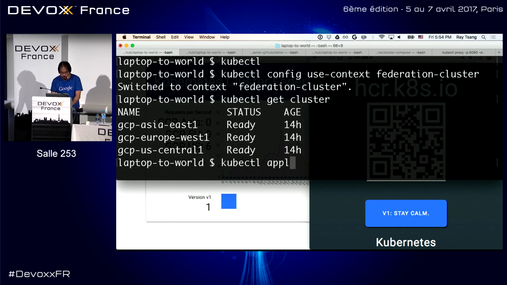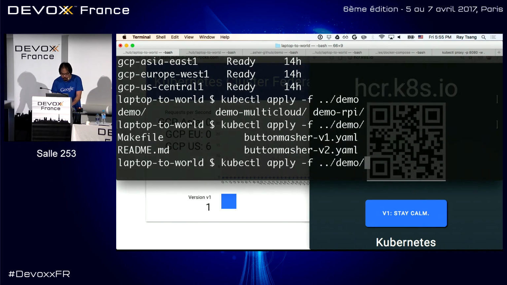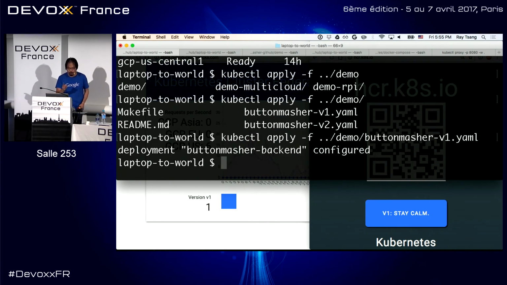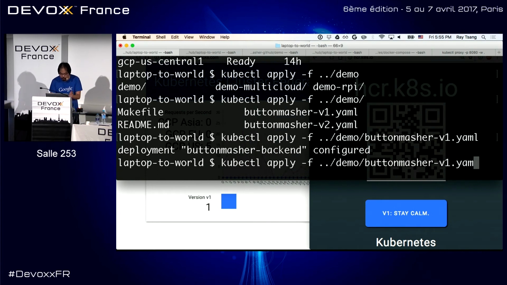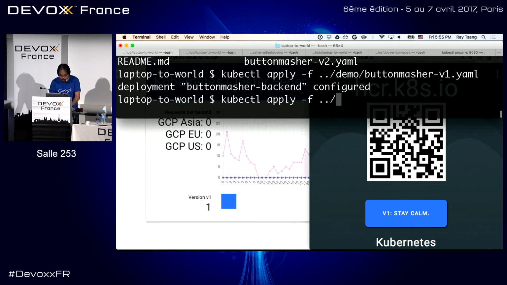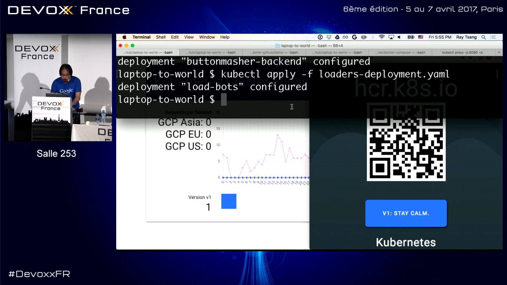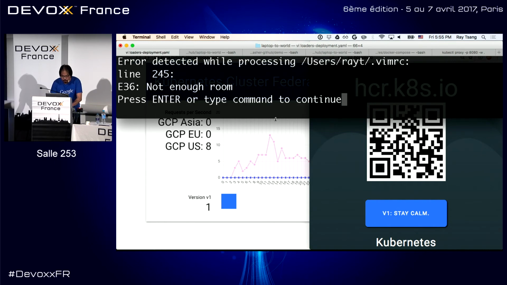And I can also say, let me go ahead and deploy this app. I got another YAML file I can deploy. So I can say, go ahead and deploy button measure v1. Okay, so I got that. And then I'm going to also deploy the load bots, right? So what the load bot can do, oh, sorry, there you go. What this deployment is doing,